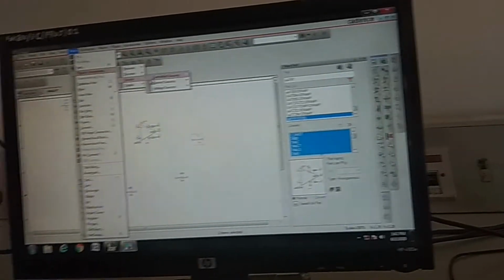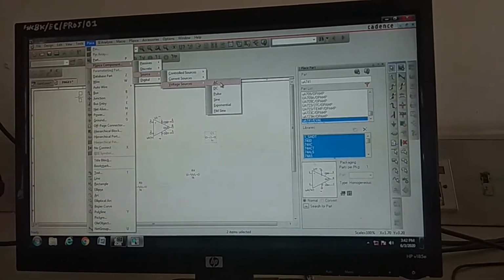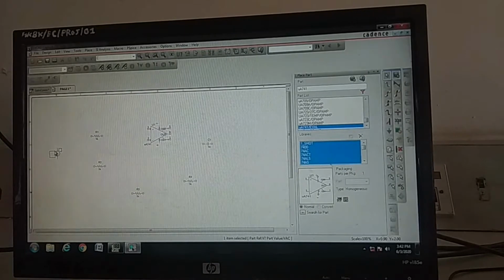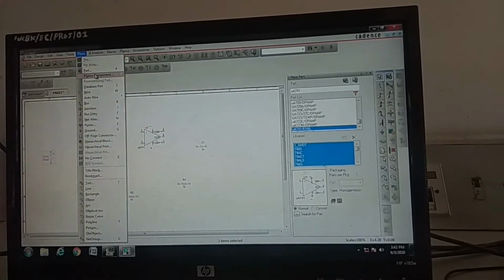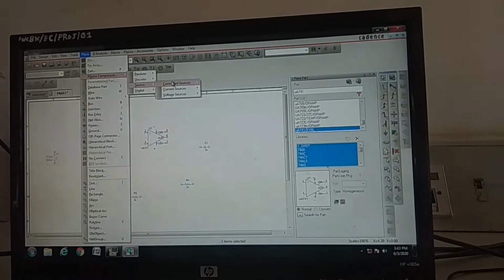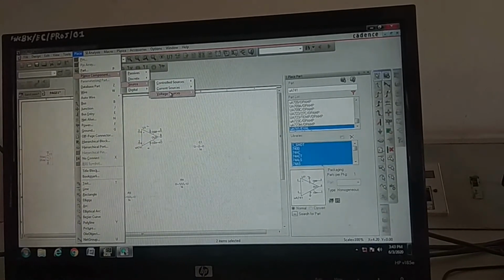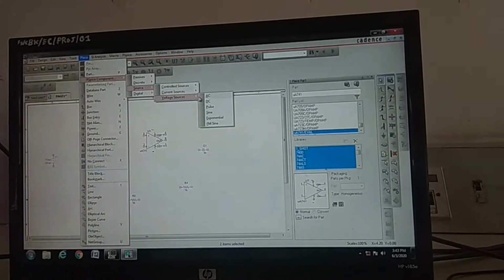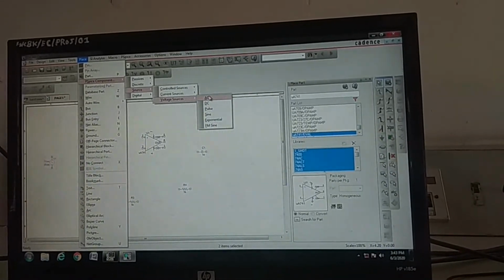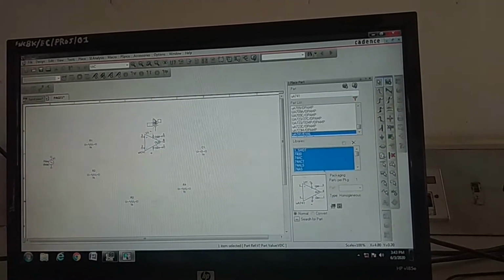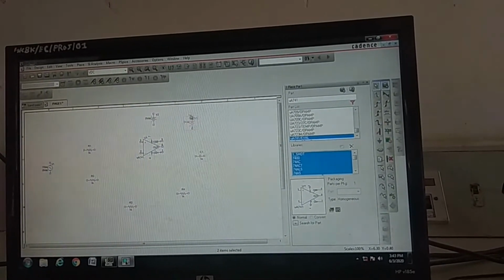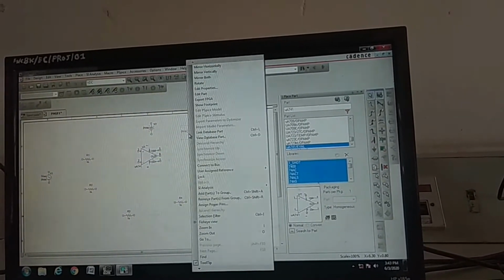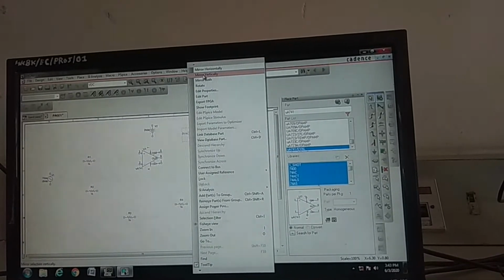Go to source, voltage source, AC supply. Again go to place PSpice component, source. We require a plus minus voltage source for the op-amp. So go to DC source. For a negative supply, flip this mirror vertically.